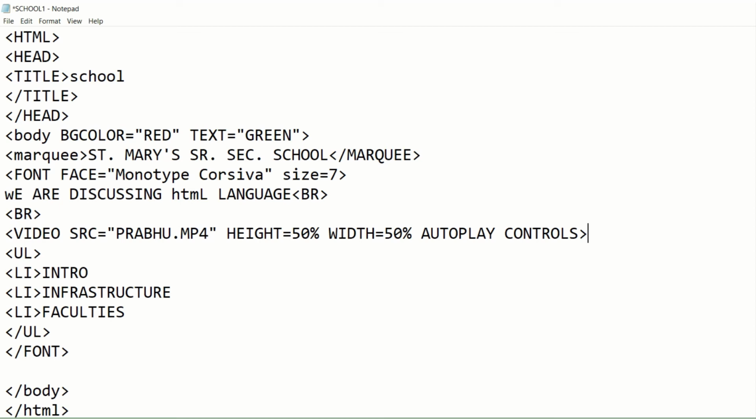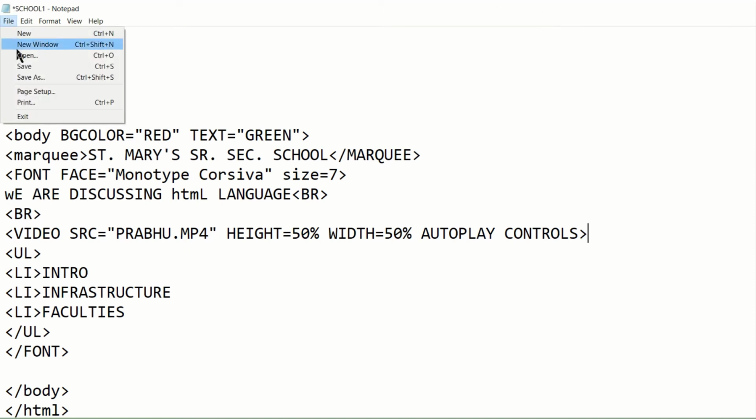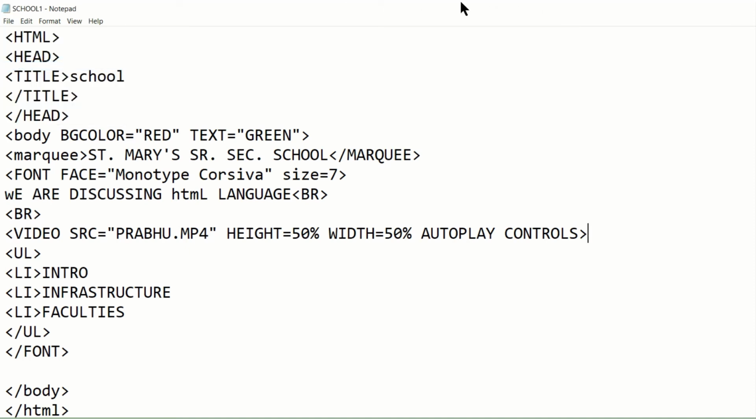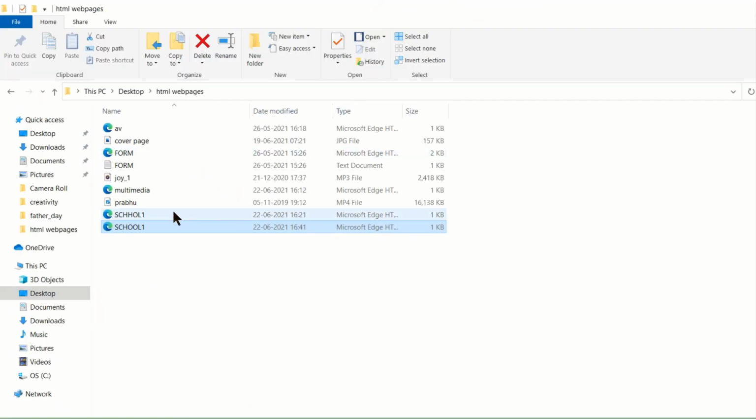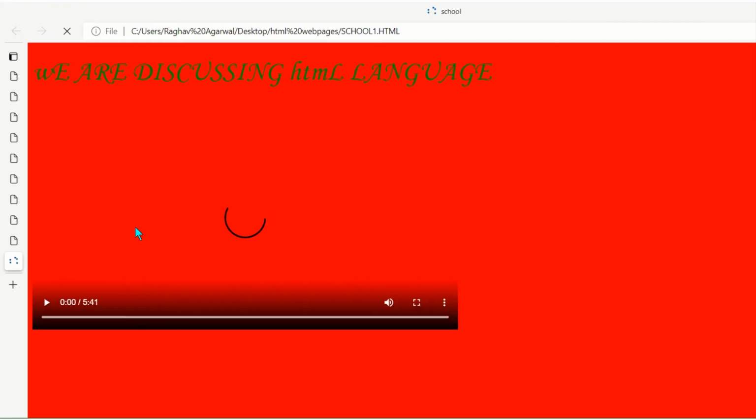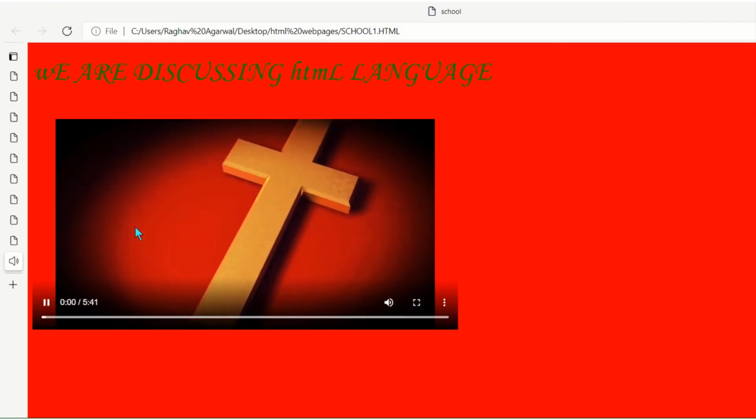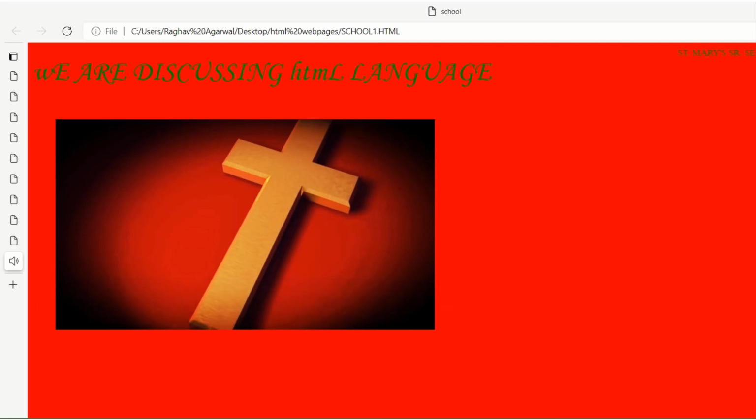Now as soon as I open the page after making the changes, file, save, it is saved. When I double click on it, it will start playing the video automatically, because we have given the autoplay option.